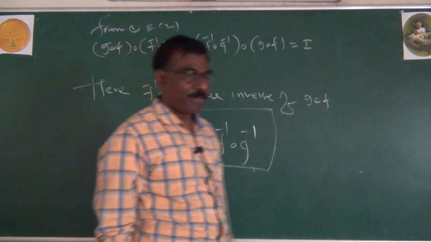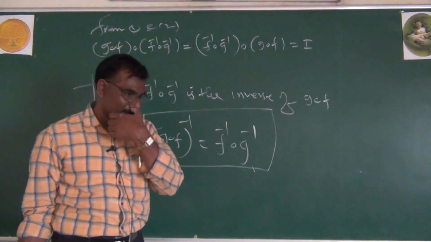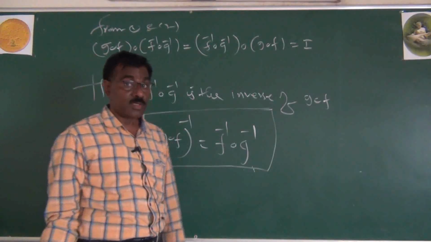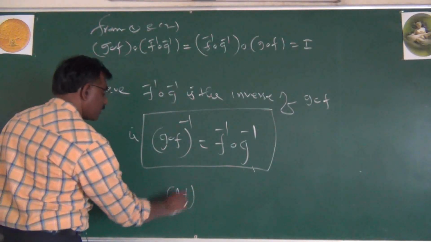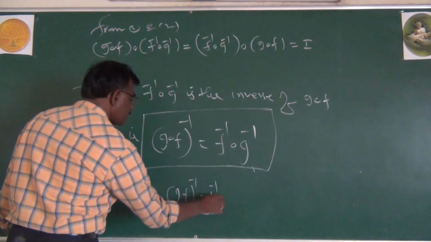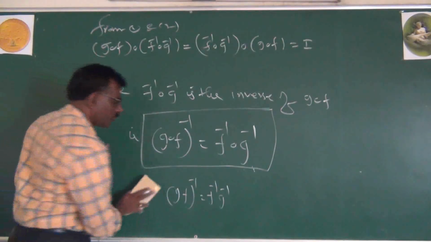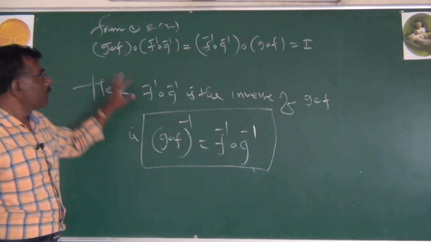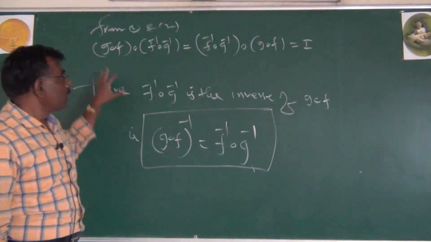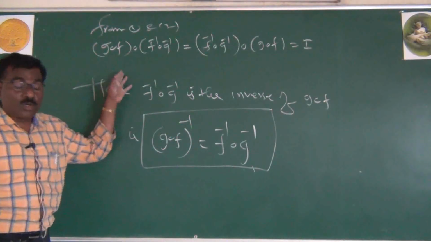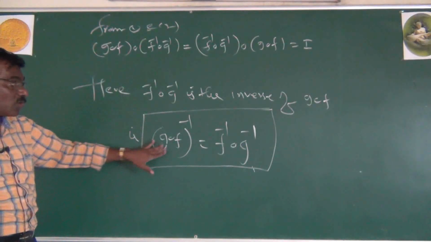In previous years this was not asked, but maybe next time a 3 marks question is expected. Sometimes it is asked without composition, g into f equal to f inverse into g inverse, but this is not correct. Usually in functions they use composition. Repeat the last step: we have to prove these two equal identity. So g composition f is invertible, with (g∘f) inverse equal to f